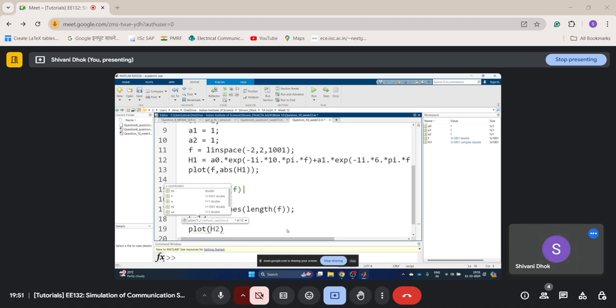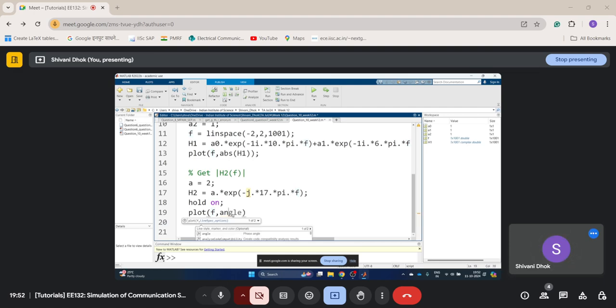Plot f comma absolute, oh sorry, not this, e power minus j, and let's say tau is 7, j 14 pi f, and here I will plot absolute value of your h2, and this is hold off,